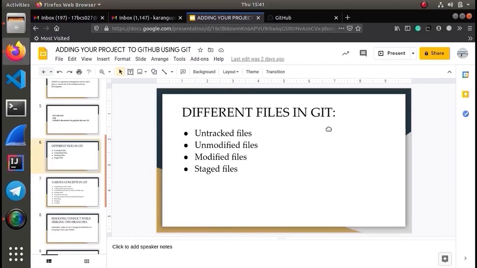There are different kinds of files in Git. For example, untracked files, unmodified files, modified files, and staged files. Untracked files are those files which are present inside a Git repository but never had the git add operation applied on them, while unmodified files are those files which have been moved from untracked using git add but never edited after that or have been committed after editing, while modified files are those files which have edited the committed file or unmodified file, and staged files are those files which have been staged to commit after applying the git add operation on it.